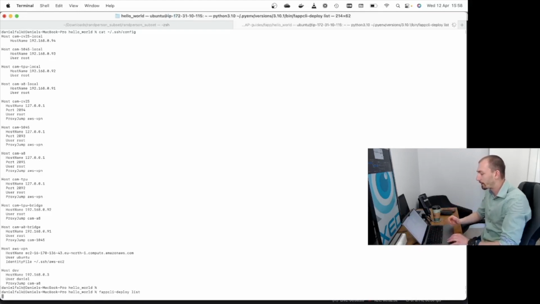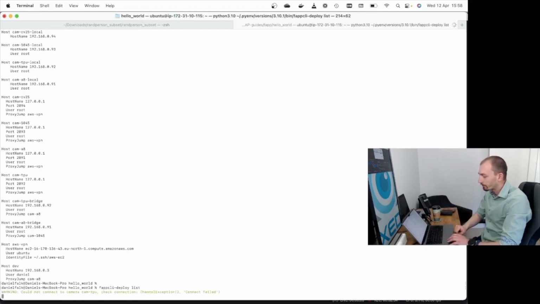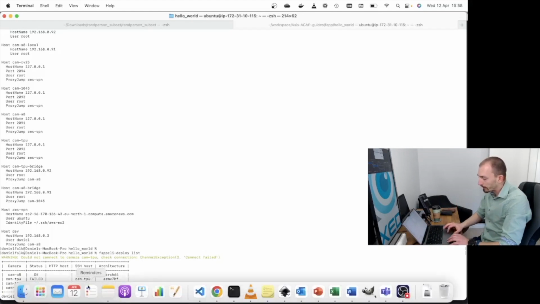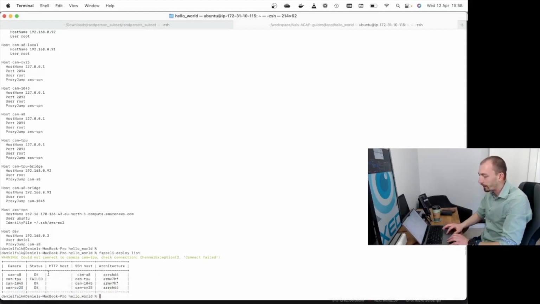So I can list all my devices, and we can see that I don't have any direct access to any of the devices, but I have SSH access to them, which means that we can perform all the activities that we want to do over SSH. But sometimes we want to access port 80, for example, to use the web interface, and then we can make use of the